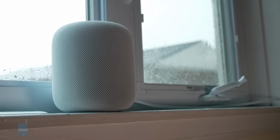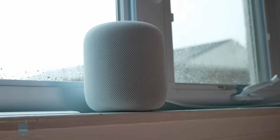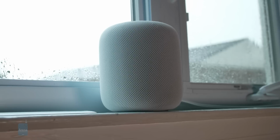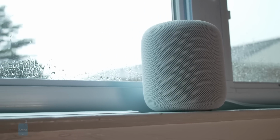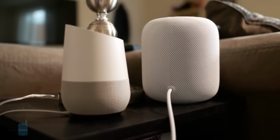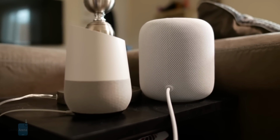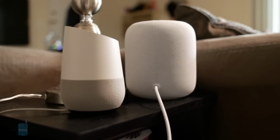Now, when we first take a look at the HomePod, it flaunts the distinctive outlines and aesthetics that we're accustomed to seeing when it comes to speaker designs. It has this rounded cylindrical shape, almost double the size of the Google Home speaker. It's not grossly out of proportion, nor is it tiny, but if you're used to the space-saving size of the Google Home speaker, then you might be shocked by how much more room the HomePod will occupy in the same